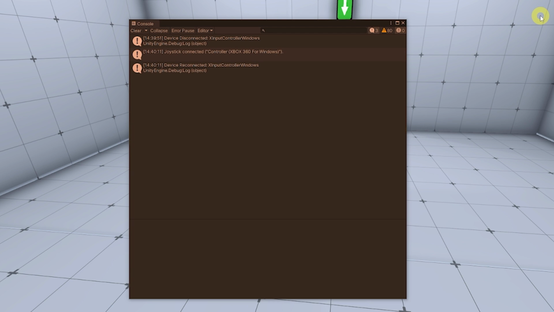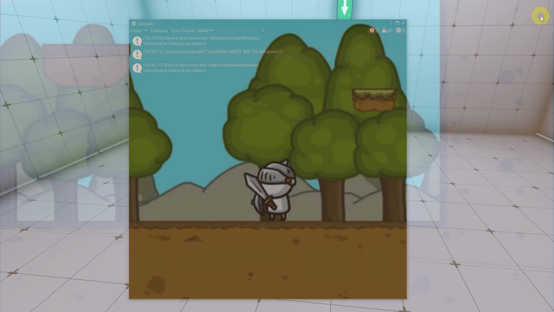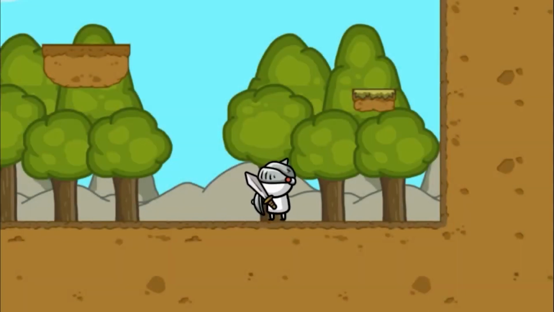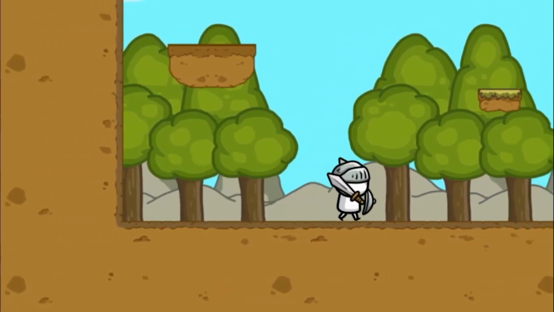And I just plug that controller back in, and you can see that reconnected is my Xbox controller. So say that's reconnected, we can then play, get rid of the pop-up, and resume the game again. And for this part of the tutorial, I'm just going to use the 2D simple character swordsman,